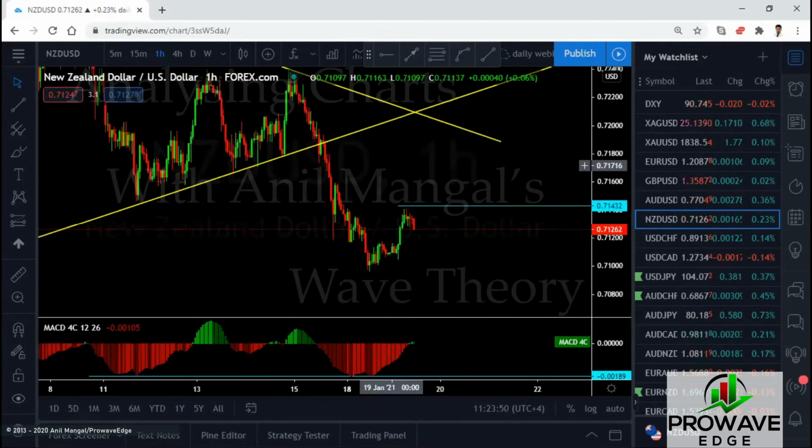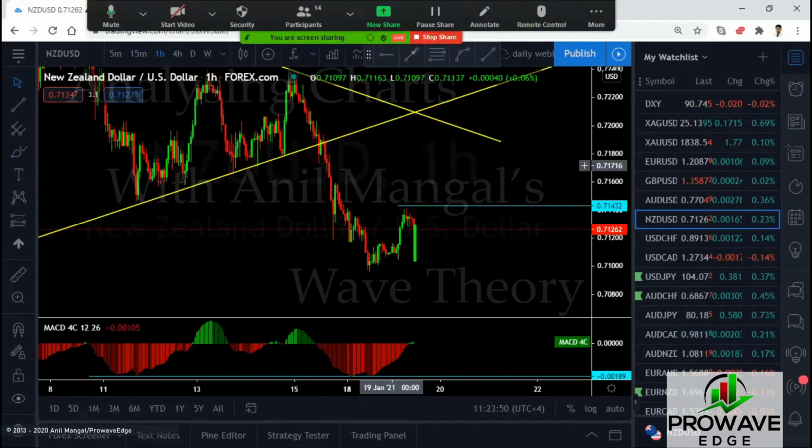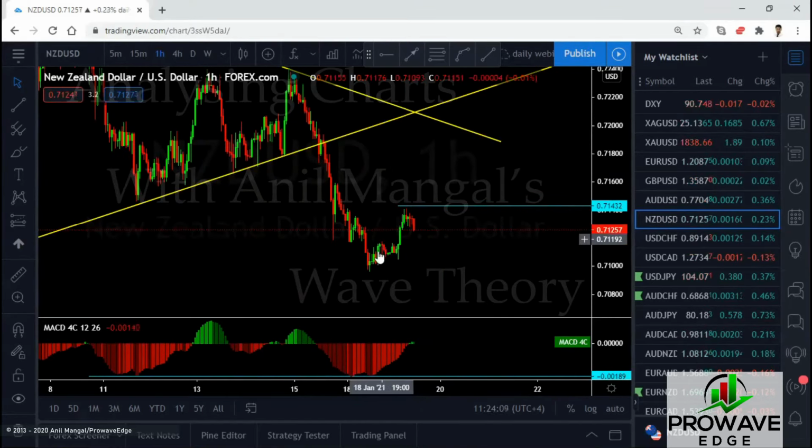But what if it comes down and doesn't take off? What if it just comes here and goes back up? Once it comes this low, my traders know that we're not going to be buying it anymore, because then it becomes a flat. We're going to expect a correction here, and then we will look for sell setups. Can it just drop? Maybe. We don't have a sell setup. Considering selling under the low, we will consider that when it comes there.